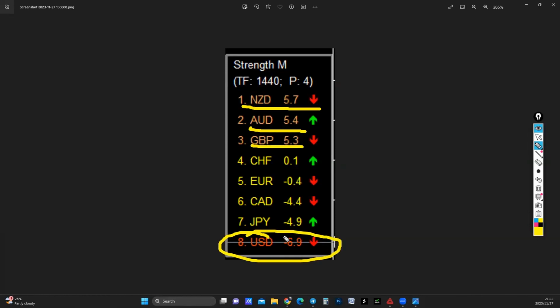So I was trading US dollar versus all these three currencies. Okay. So I was looking for NZD USD buy, AUD USD buy, and GBP USD buy. All right. So once you get these numbers here correctly, once you see that there are currencies that are selling against the currencies that are buying, then you come to your